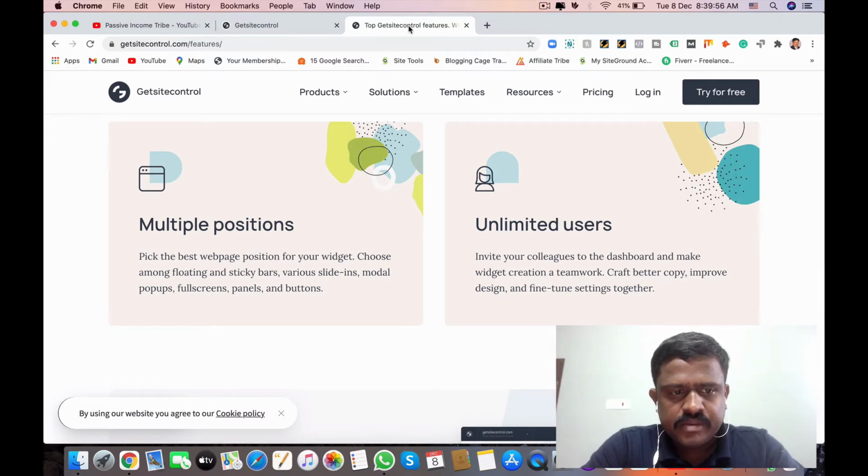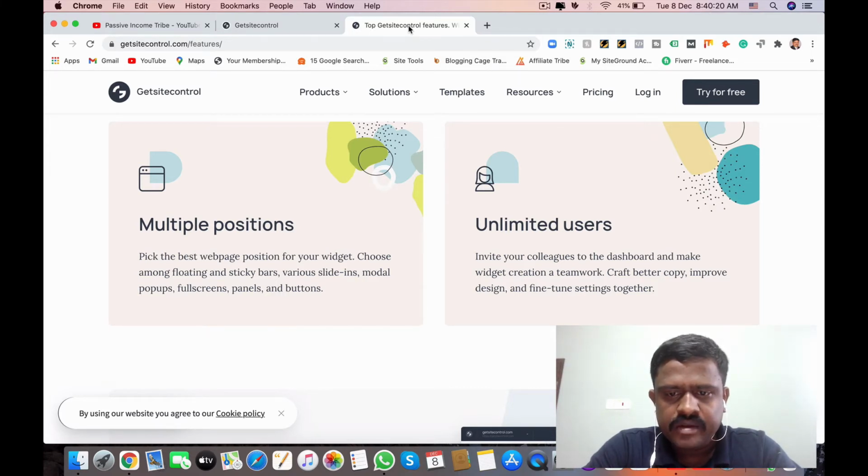The next feature is multiple positions. With multiple positions, we have different modals, pop-ups, floating sticky bars, various slide-ins, modal pop-ups, and full screens, panels, and buttons. You can see the difference in the practical session. The last point is unlimited users.